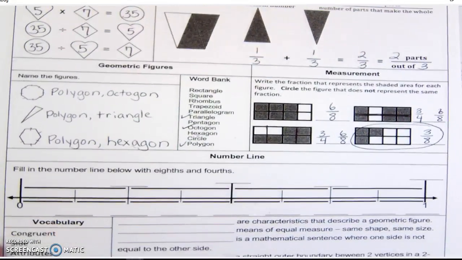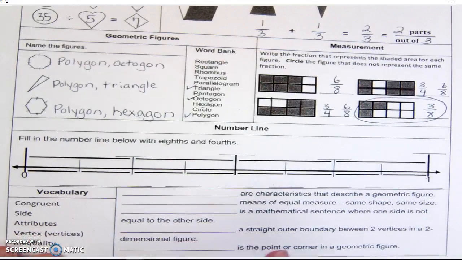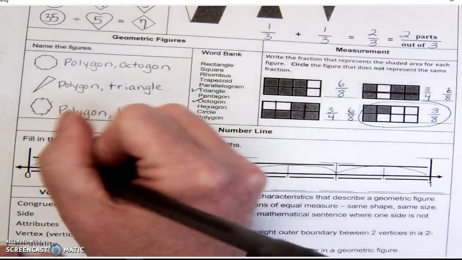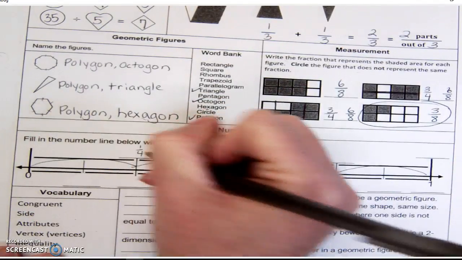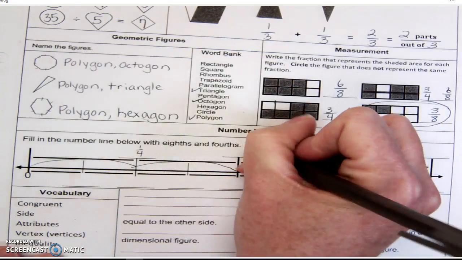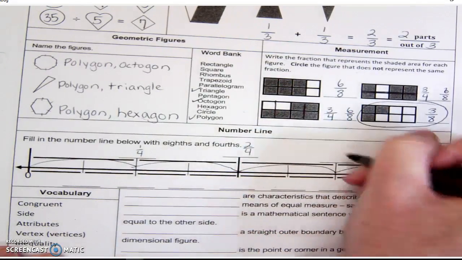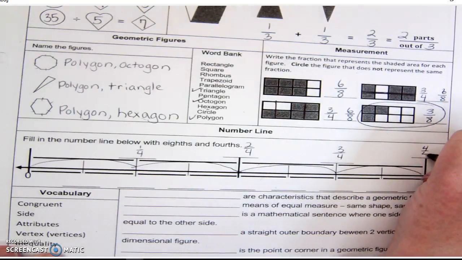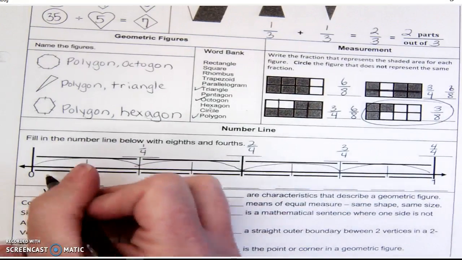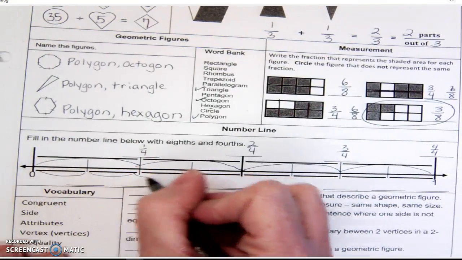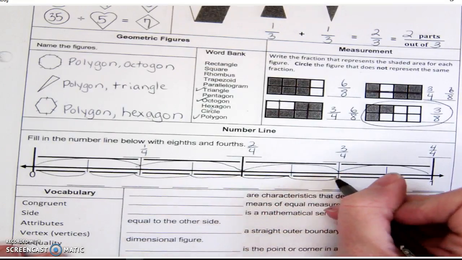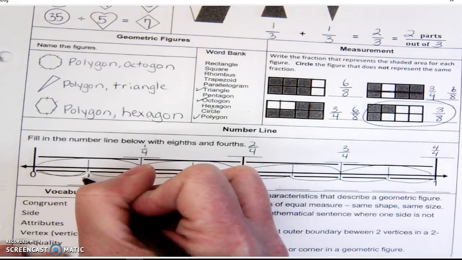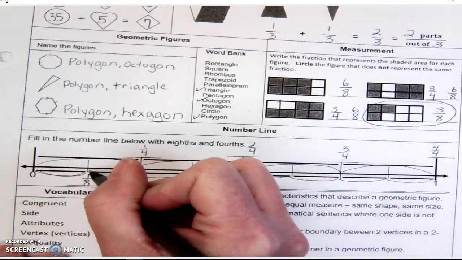On our number line, on the top, it's divided into 4 sections. So this would be 1/4, and then 2/4, another hop, 3/4, and then all the way to the end is 4/4, 4 out of 4 parts. And then on the bottom, we have 1, 2, 3, 4, 5, 6, 7, 8 sections. So from here to here, we've gone 1 out of the 8 sections, 1/8 of the way, then